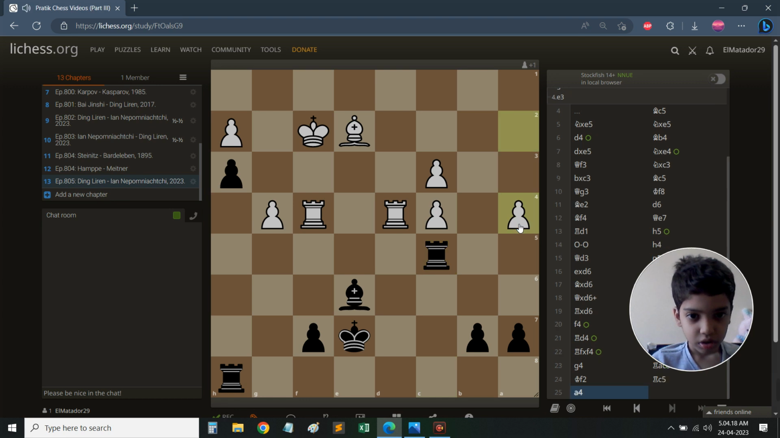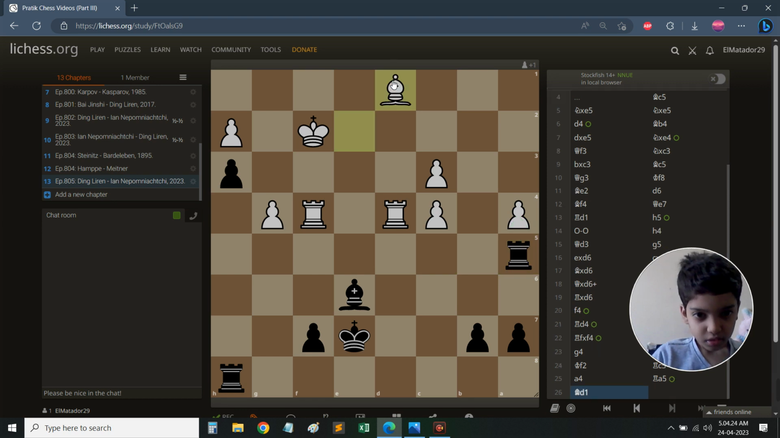a4, getting ahead with the pawn, rook a5, attacking the pawn on a4, bishop to d1, defending the pawn on a4, b6. Now black,